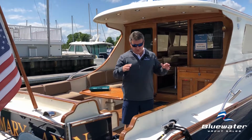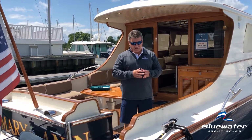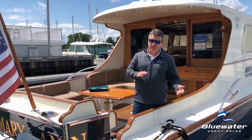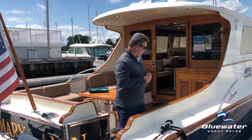She's 52 feet waterline, 55 hull length, 60 feet LOA. Beam is 14'10" and really shallow draft. The draft is 3'11". One of the things that I would want you to notice, first of all, is how